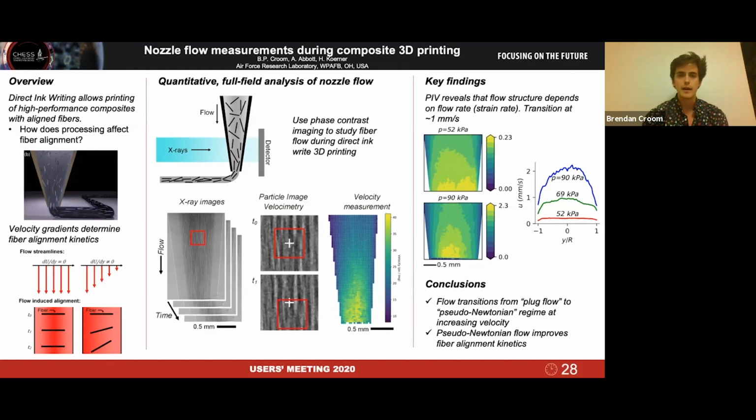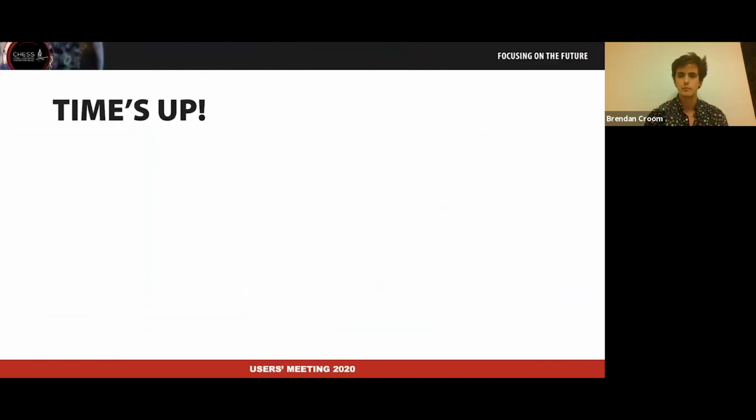So the magic happens inside the nozzle. So we use X-ray imaging techniques to directly visualize the flow of the fiber-containing resin. Now with that, we get a series of images that we can analyze quantitatively using a particle image velocimetry technique that gives us full field velocity measurements. So with this, we capture all of the essential information that drives the fiber alignment kinetics. And one of the outcomes of this is that we're able to identify really unusual and surprising transitions in the fluid dynamics of